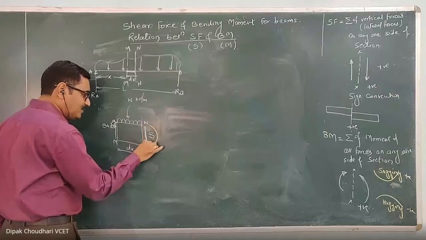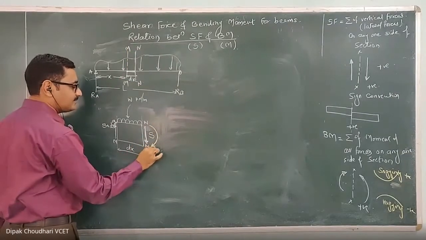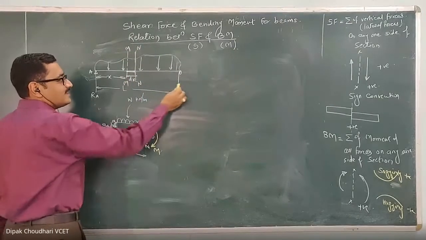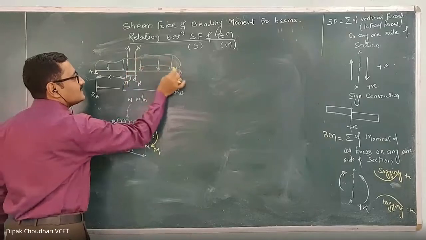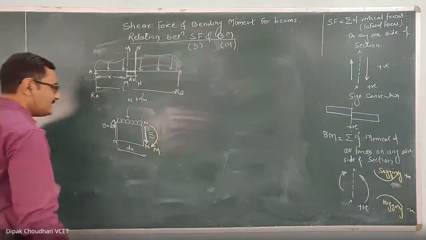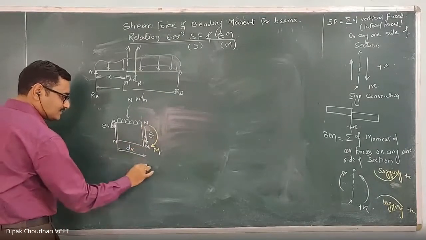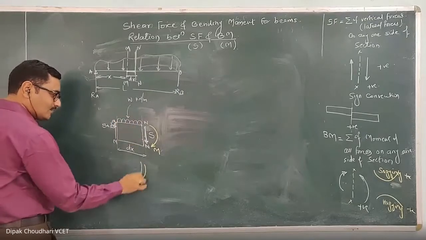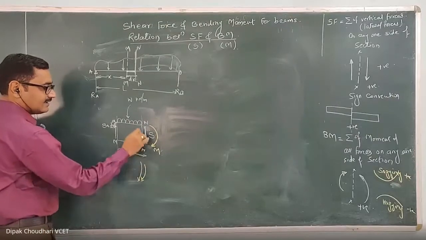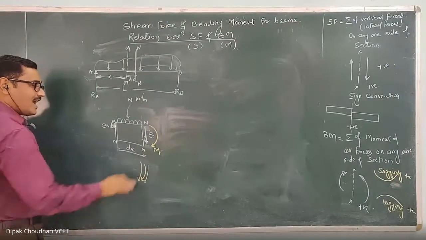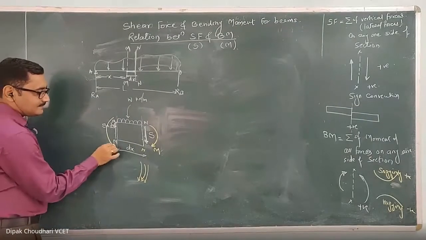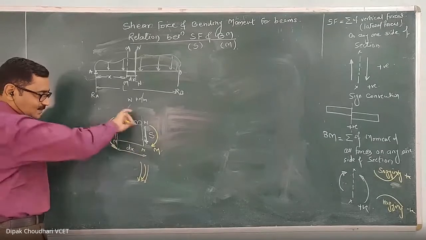Here, so let the bending moment at this section nn be M. M is the bending moment at this section nn, which you can calculate by considering the algebraic summation of the moment of all these forces about this section nn. So you will get this bending moment M. Now this bending moment acts on this part, and the moment produced by this UDL as well as this S, all these moments are clockwise, and to balance this, at this end the moment should be anti-clockwise.